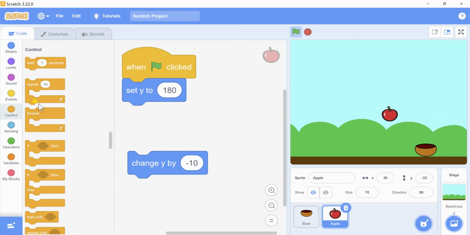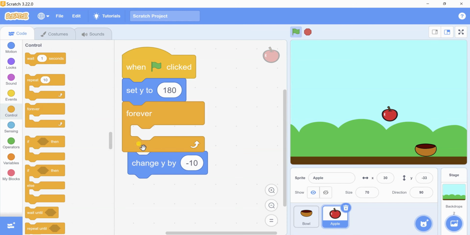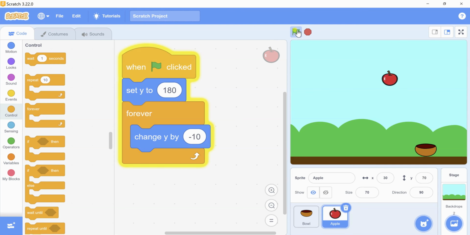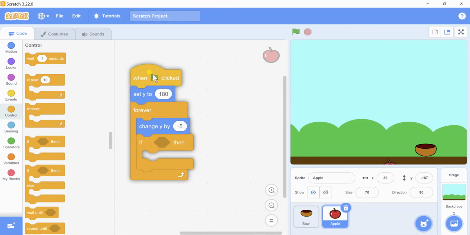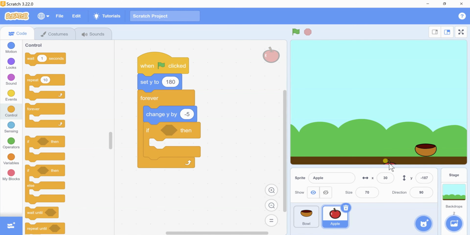So what I need, I'm doing this forever, change y by minus 10. You can see it here. That's great. So the speed is a little bit fast. I'm applying a condition. If this apple comes to this position, it will go back to the up position.